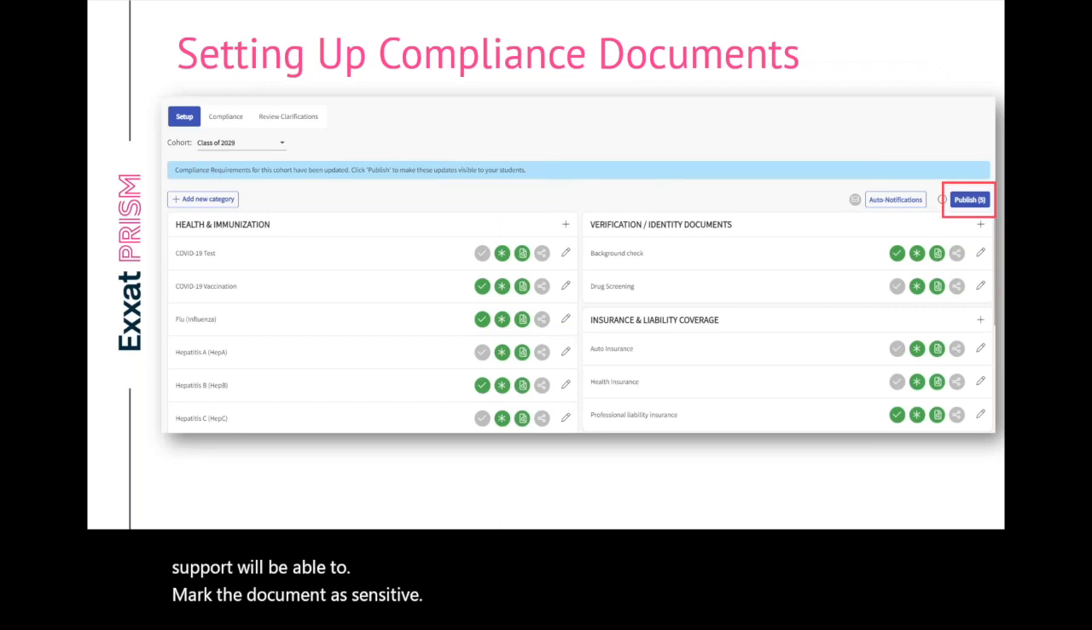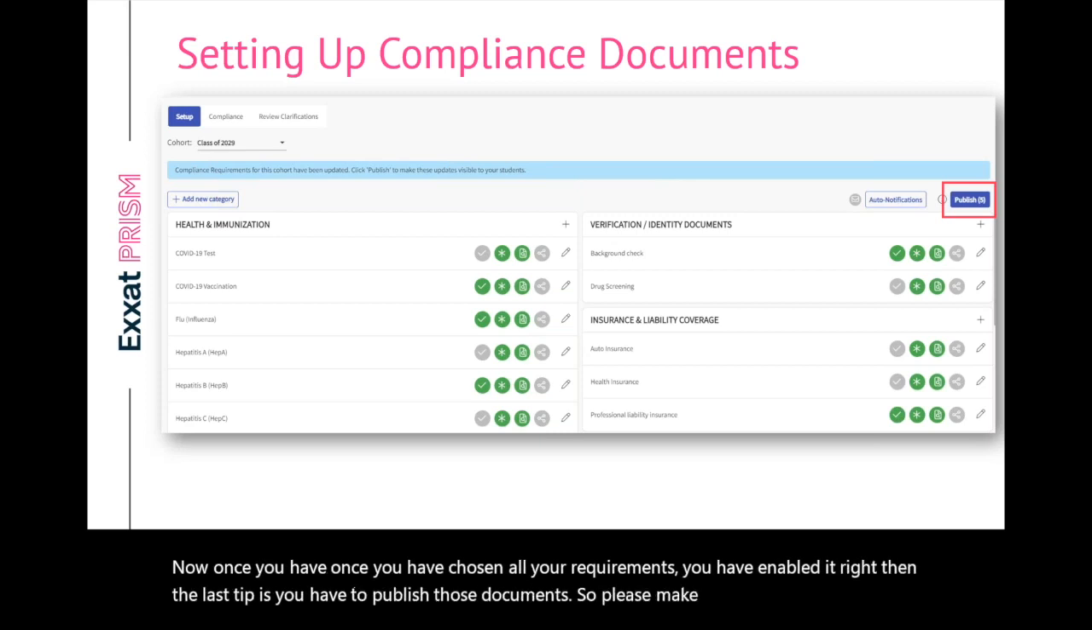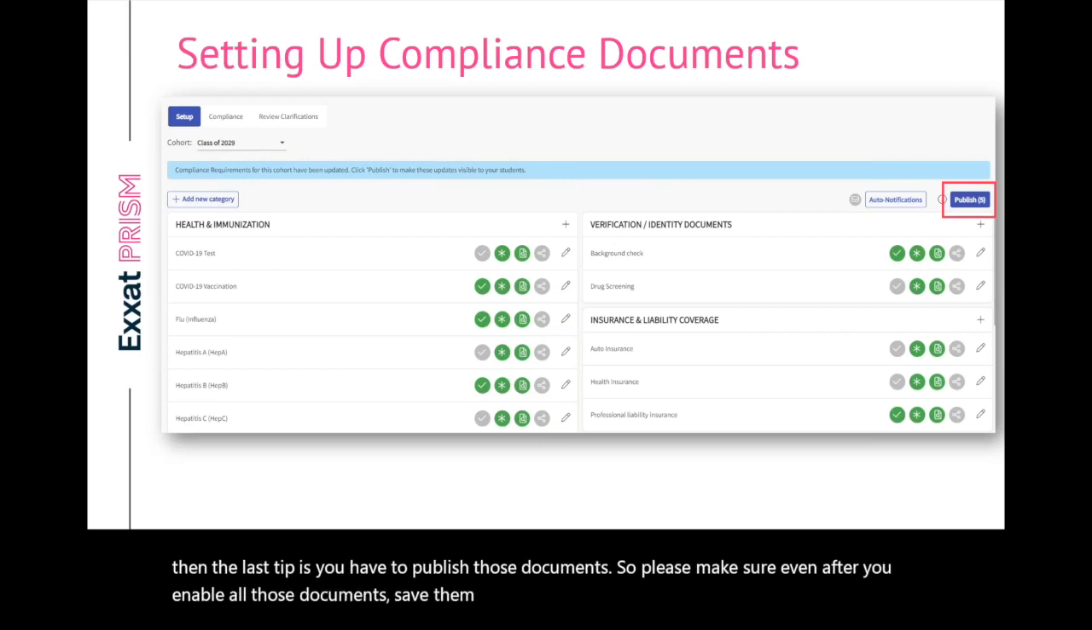Now, once you have chosen all your requirements and you have enabled them, the last step is you have to publish those documents. So please make sure, even after you enable all those documents, save them, whether you are creating any categories or